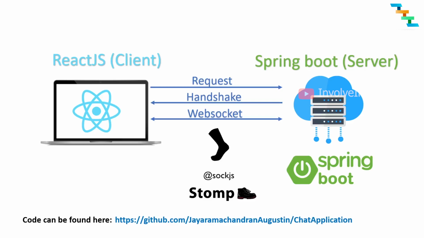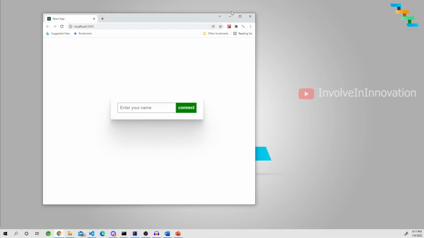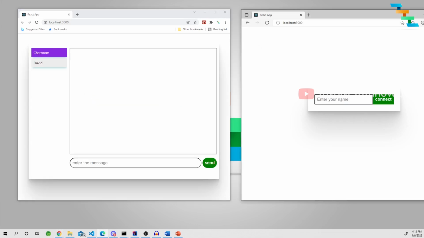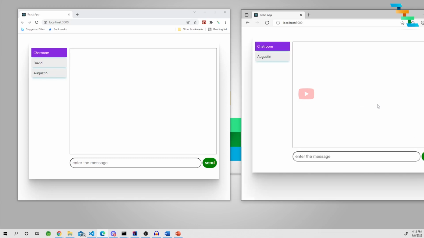We will see a demo of what we are going to build in this tutorial now. So this is how our application looks once we log in to localhost 3000, and then I will open another browser. So here I will log in as David, and here I will log in as Augustine. Now I can see there are two different users here, and there is only one user here, which is Augustine. That is because this user is logged in second time, but I can send a private message